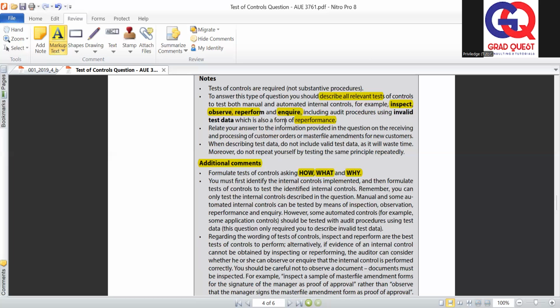Inquire, it's so many. It's not limited to the ones that you're seeing here. I'm talking of the words describing how, or the action verbs. There are many. For instance, I can compare. I can also agree. I can match. I can trace certain information, and so on. All of that, it's important to note that